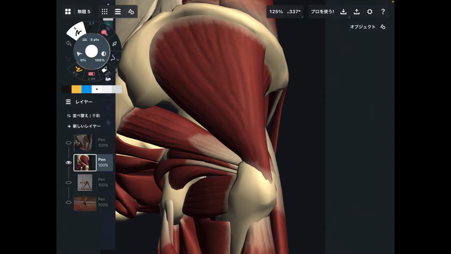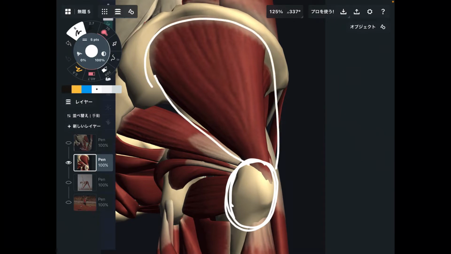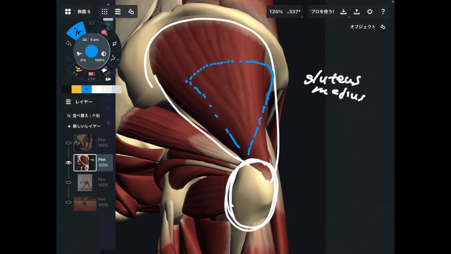Okay, as you see, there are many muscles around here. If there are a lot of muscles, you can say there are myofascial connections. That's very important. I want to focus on this muscle first. This is gluteus medius. And deep to gluteus medius, there is gluteus minimus. You don't see that. You see gluteus medius partially right here. This is gluteus minimus. Okay, these two muscles attach on the greater trochanter.